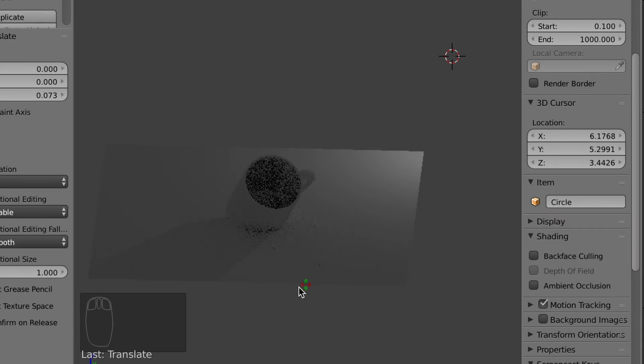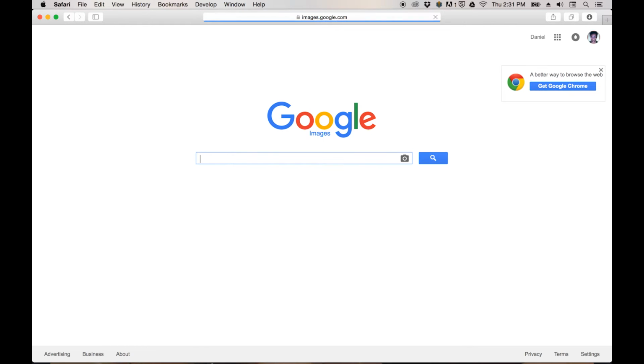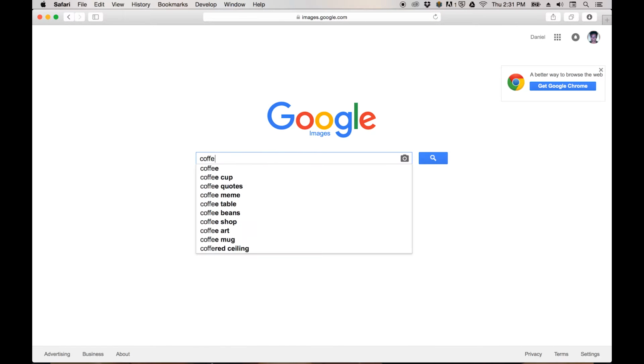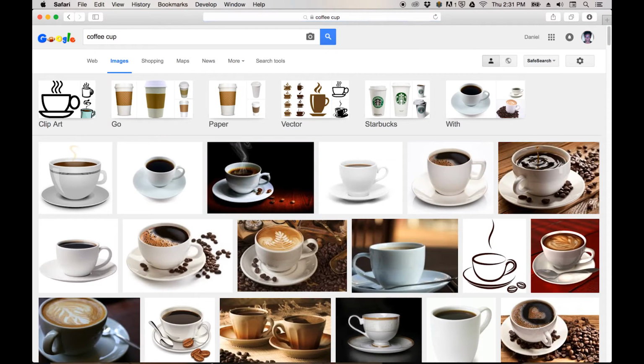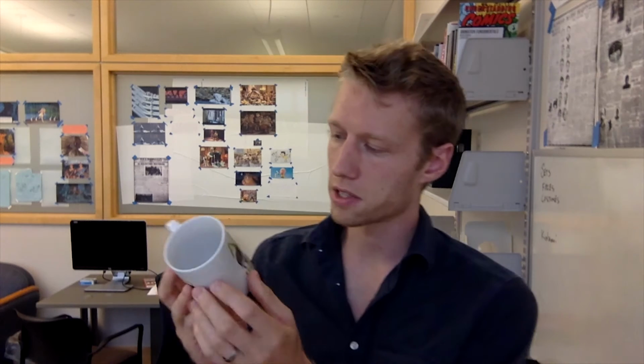Okay, this is Modeling 101, and one of the first things I want you to model is a coffee mug. And so you might as well go to Google image search and type it in. Now, I happen to have a coffee mug, and for a beginning modeler, this is the best case scenario because